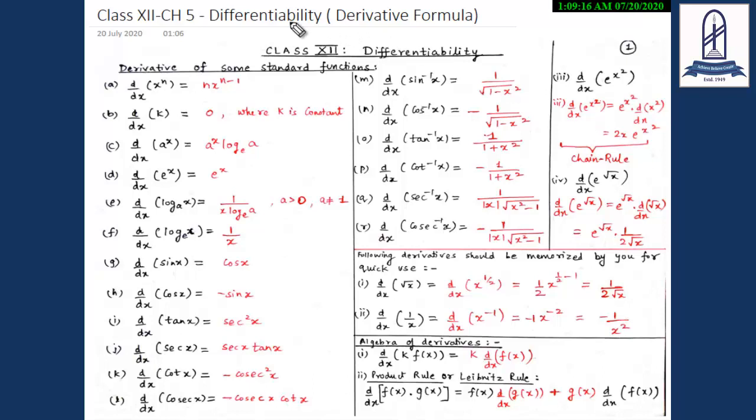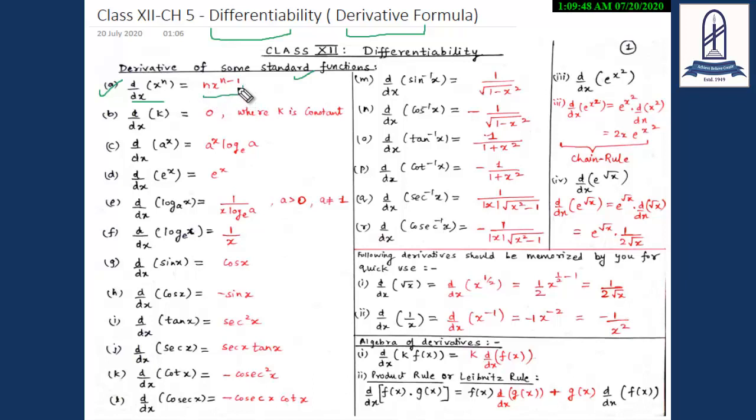Students, today in this video, we'll do our next topic of differentiability, in which we will study the derivative of some standard functions. Students, in class 11th, we have studied the derivative of functions by the method of first principle. But now, in class 12th, you have to remember it and you can directly apply it. So, our first derivative is d by dx of x to the power n, and this is equal to n x